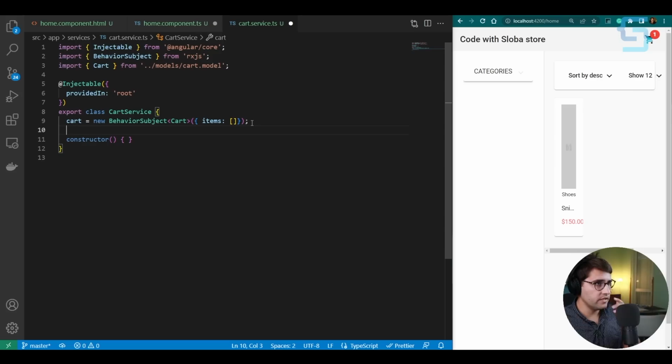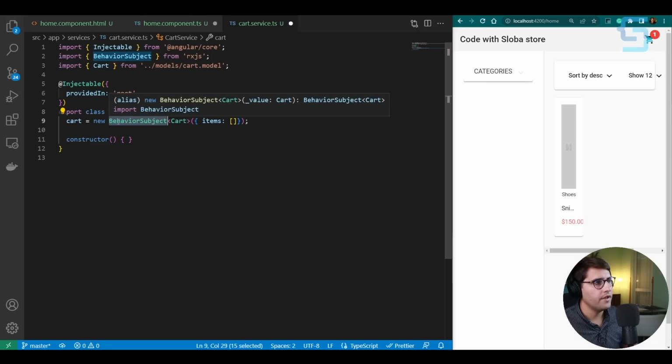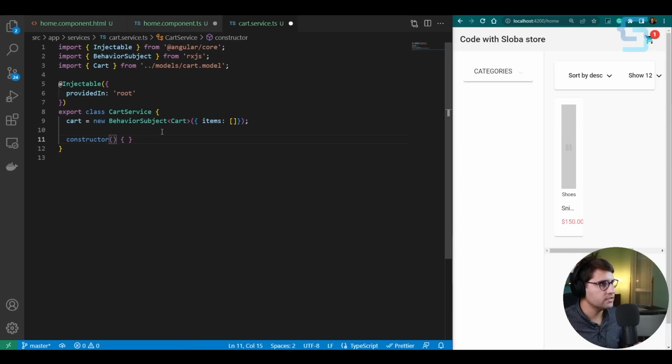Basically it holds the initial value, and once we update, for example, we add new products to the cart, it just adds new values to this items array. And in every single component that we want inside of our application, we can subscribe to this behavior subject, and we can receive the new values and update the UI. That's how it works. Okay, so in this cart service, we want to add snack bar